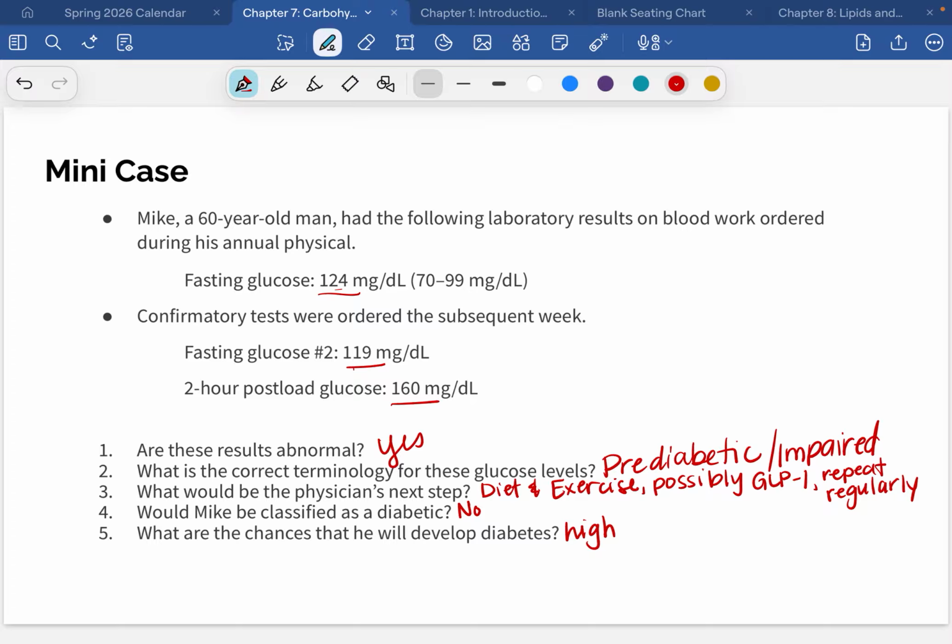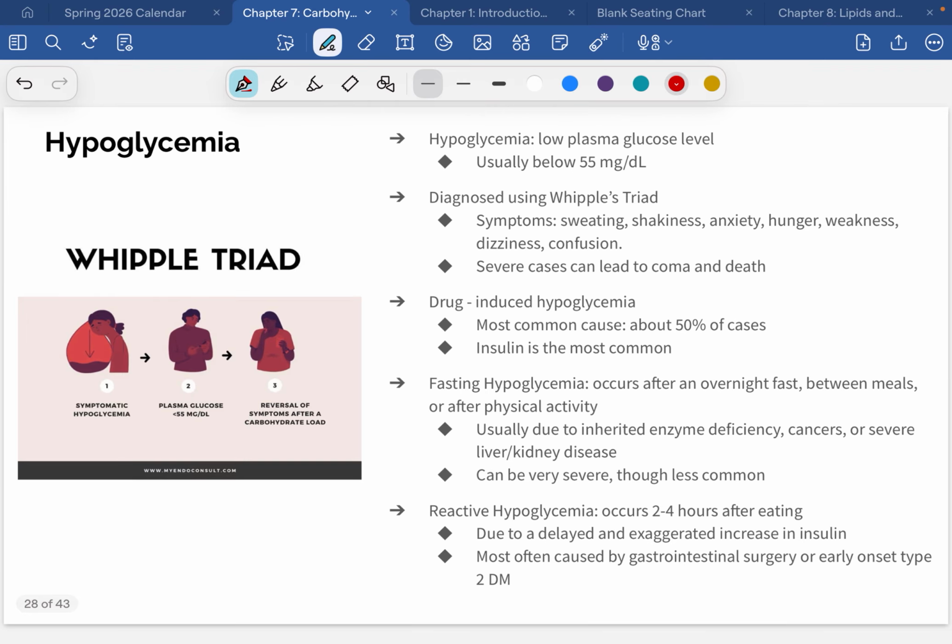Okay, so we just spent a lot of time covering diabetes. As you can probably tell, diabetes is one of the most significant disorders when it relates to carbohydrates. But we are going to cover a couple of other ones. There are a few more. They're much quicker. But so our other disorders or diseases that relate to carbohydrate and carbohydrate metabolism, our first one